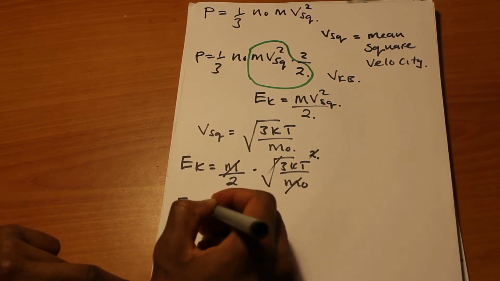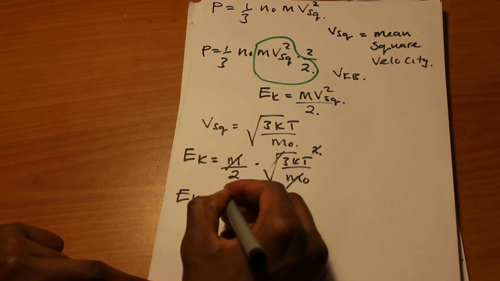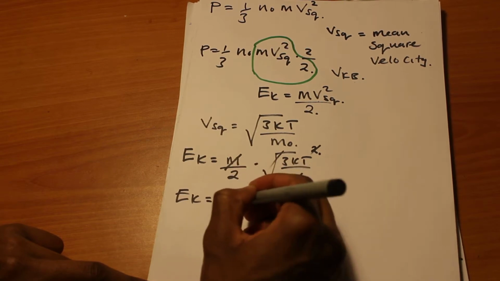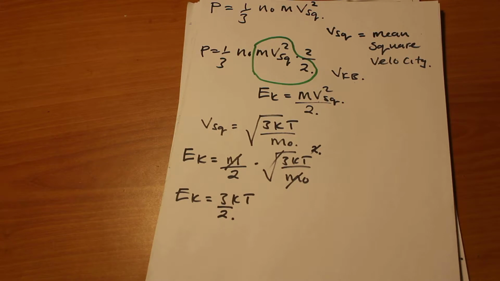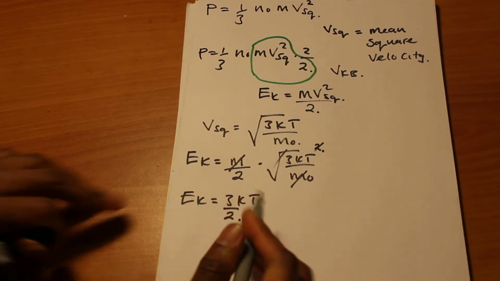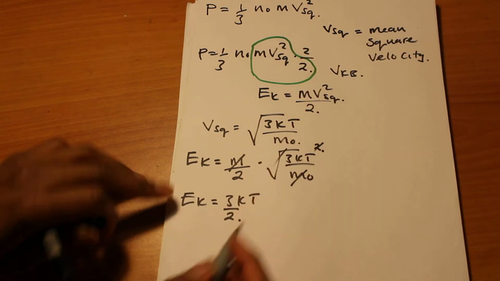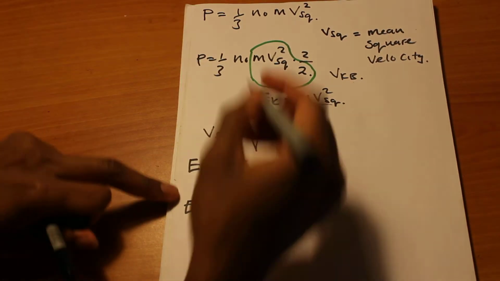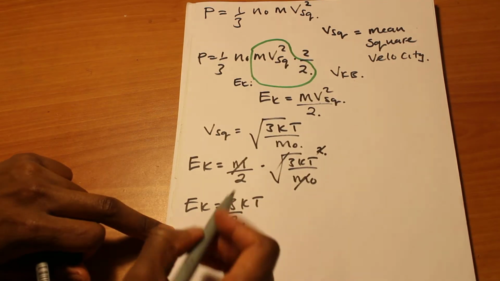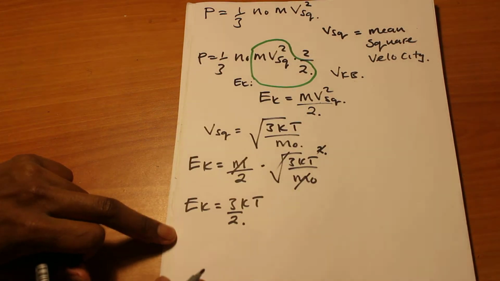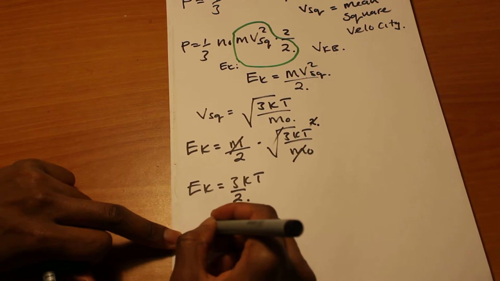Therefore, we remain with KE equal to 3 kT over 2. From here, what we've done is, when we go back to the equation for pressure, this gave us the kinetic energy. So when we take this and replace it in our equation, we are going to obtain something like pressure is